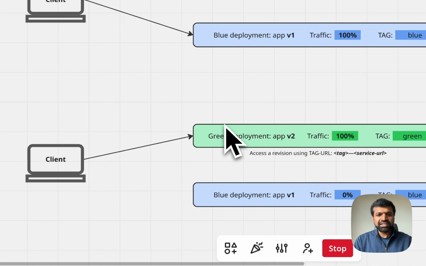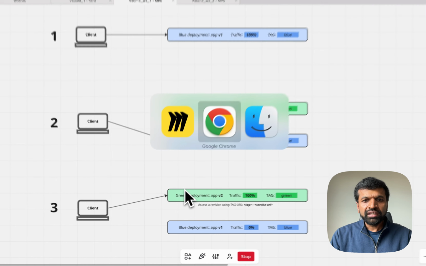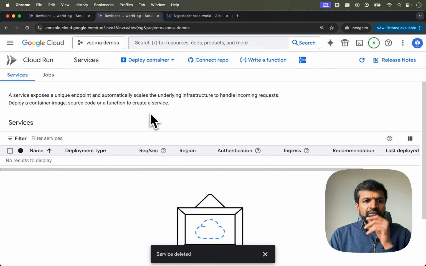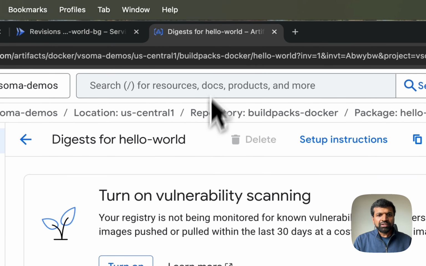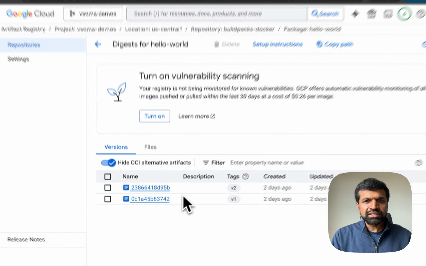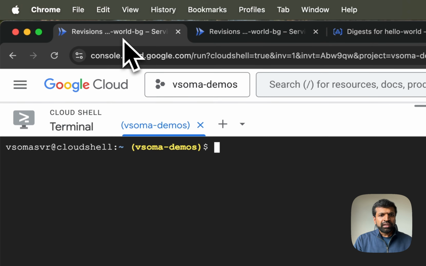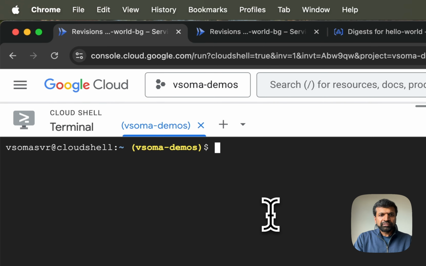So now let's take a look at this in the Cloud Run console. Okay, so I will first of all do the blue-green deployment. For that, I will be using these two images. It's a simple Hello World image, and I have two versions of it. So these are the ones that I'll be using for blue-green and the Canary deployments. And coming back here,